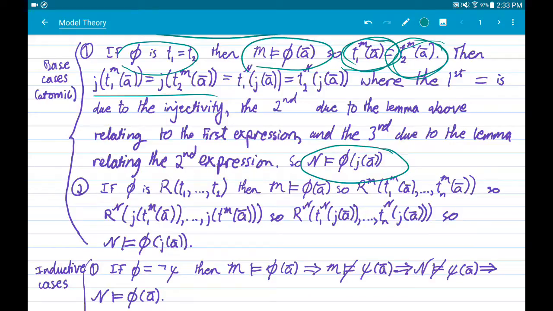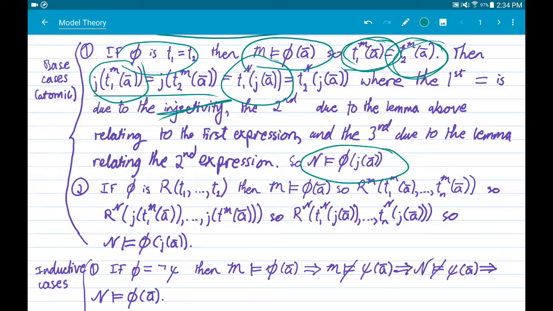In fact, I wrote that this equation is justifiable due to injectivity, but in fact, that's not really true. This is merely due to the fact that J is a function, and therefore it maps any one thing to precisely one thing. So really this equation is just due to the fact that J is a function. I get this equation. Now on both sides, right, identifying that expression with this other one here,